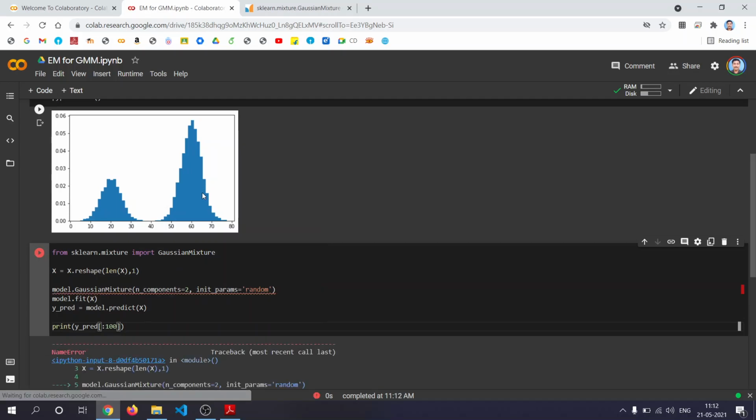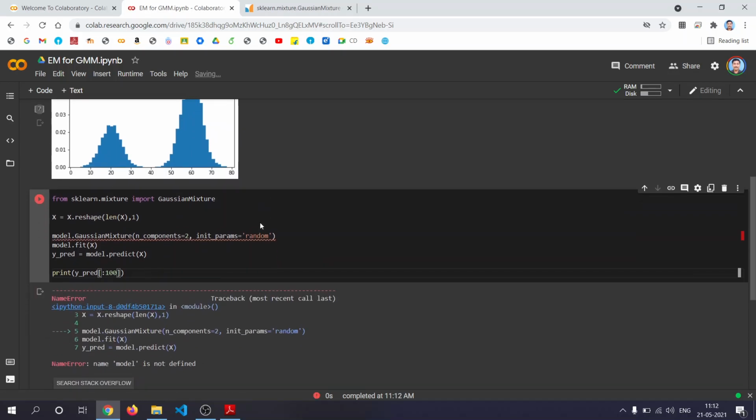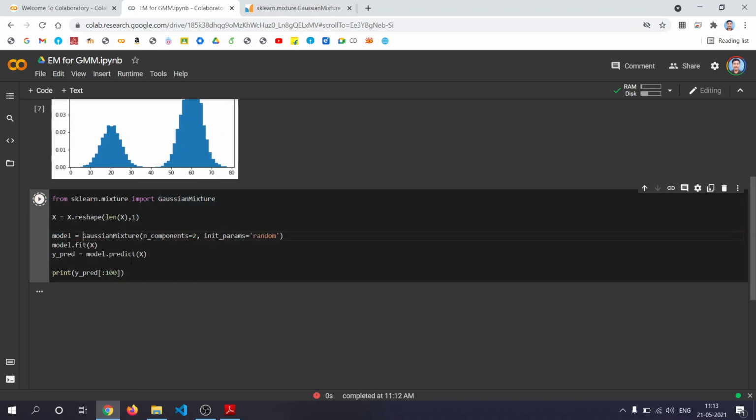You fit the model, model equal to GaussianMixture. So you can see that the first element was added to the second class.